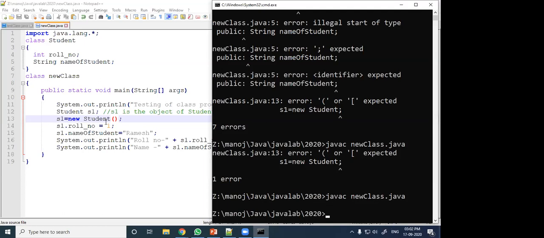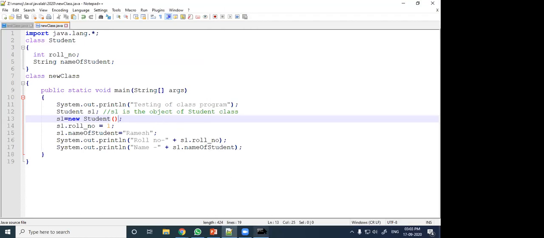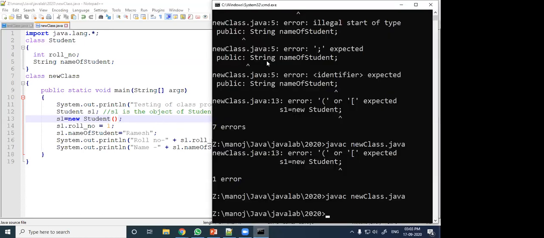And one more error was there. Somebody was saying line number 12, but it is line number 13, where when we are creating, we should give either square brackets or parentheses. Here parentheses are required. Why this is required, we will discuss later.